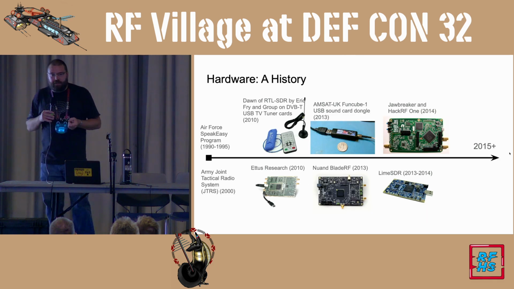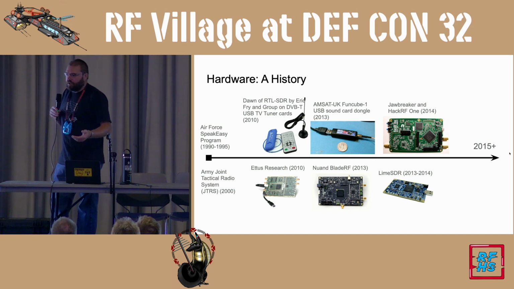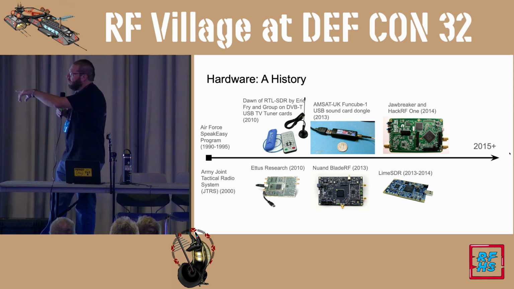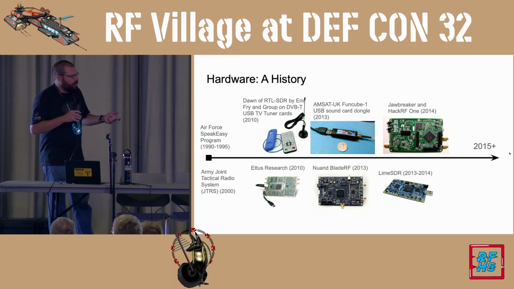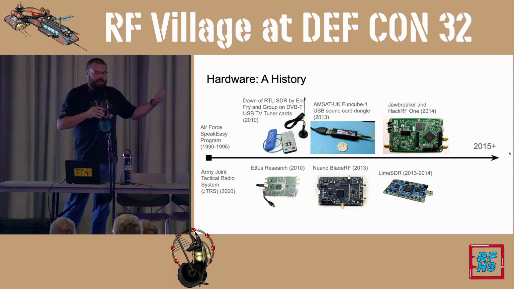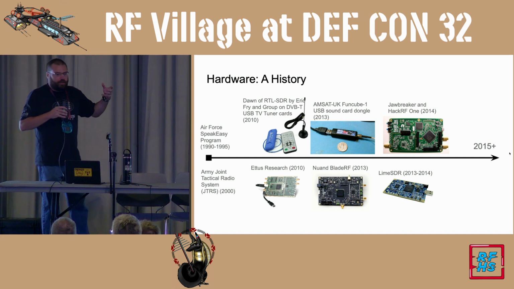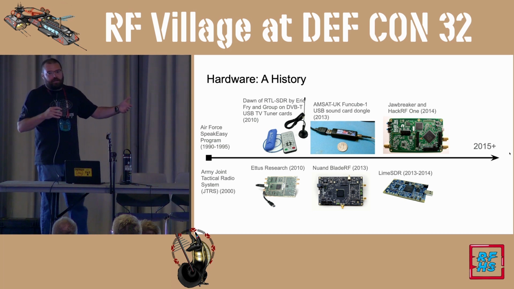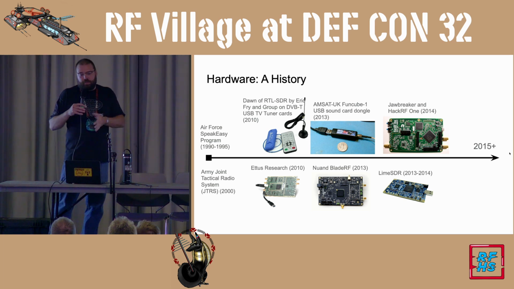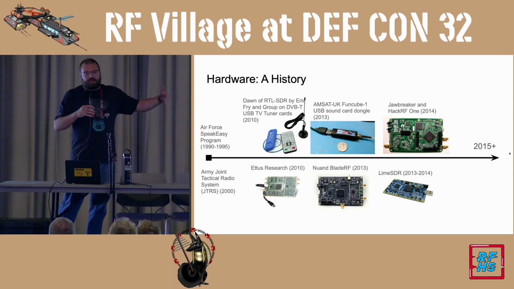So a little bit of hardware with history: in the late 90s, early 2000s, you really had the dawn of software-defined radio. All the way to the left there, the Air Force Speakeasy, and the Army's Joint Tactical Radio System, JTRS version 1, was really ahead of its time, because DARPA, the Army, the military wanted a way to make the radios in software. How do we get a DC to daylight radio, one that does 2 megahertz to 2 gigahertz? Very hard at the time, very easy now, but that's really what started a lot of this off.